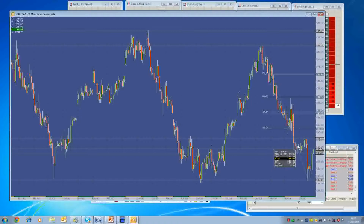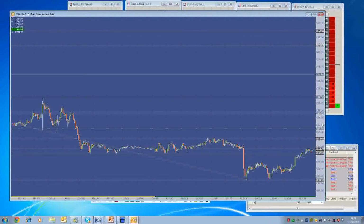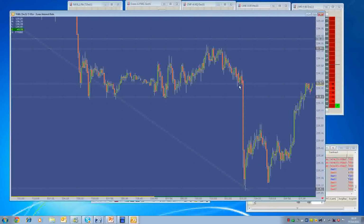And last time we had a level at 135.11, and that was the point that we had there and there. And off the non-farm figure, if I go on a 5 minute, as you can see here, we're trading range bound in about a 20 tick range, and then just on the number we dropped almost 80-90 ticks on that number, but it bounced off really nicely off that 135.11 level